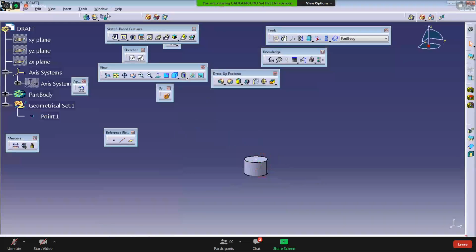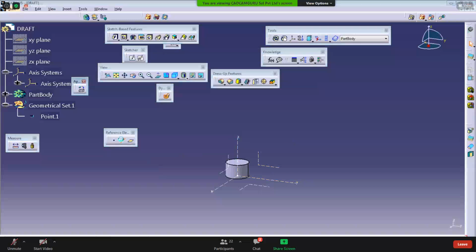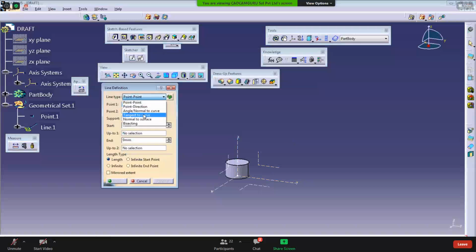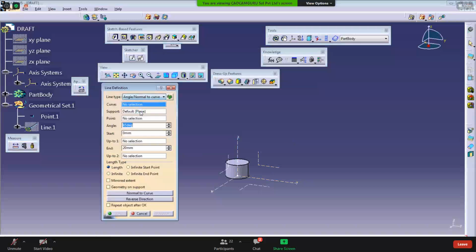I show it again. I'll activate this axis system to activate the planes. On which plane you want to define the angular line, that we have to decide, whether top plane, front plane, or side plane. So I'm deciding on the front plane. So I just click on the line. The type of line I'm selecting is angle, normal to curve.